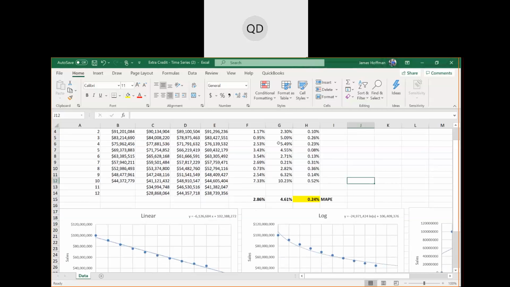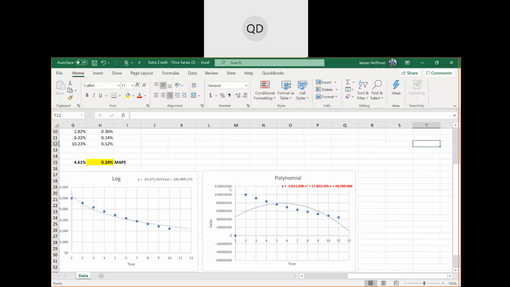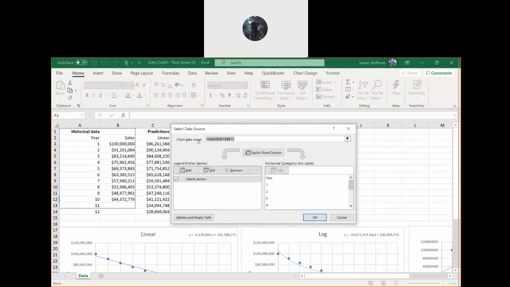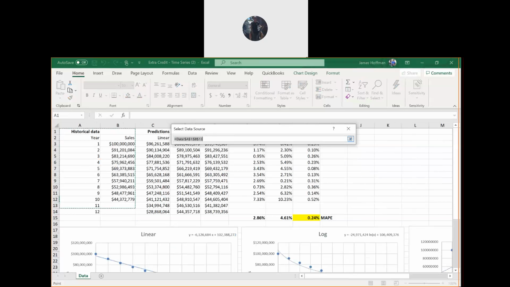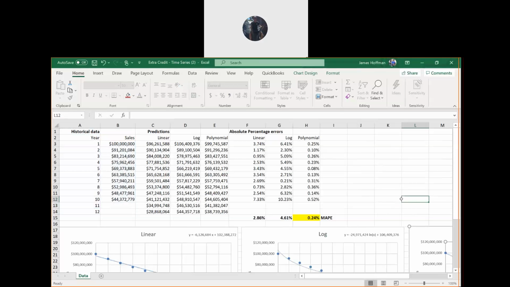So did you get the first two? Yeah, I got the same number. So for the third one, we'll do the same thing. Just select the chart, right-click it and go to select data. Up here in the chart data range, hit this button, choose A2 to B14, then hit this again and hit OK, and that should fix that one too.